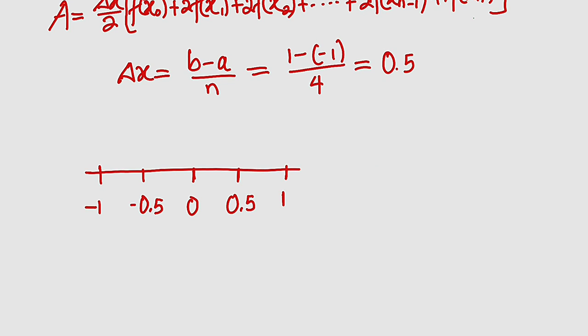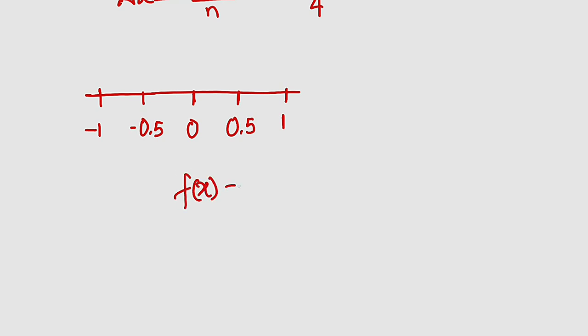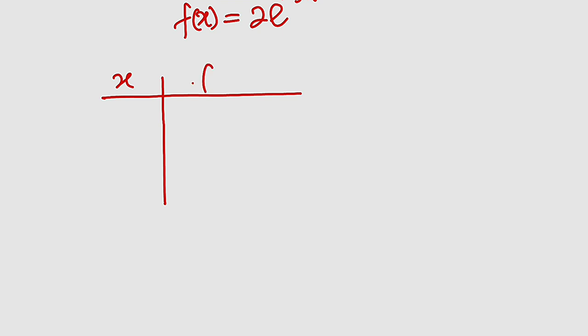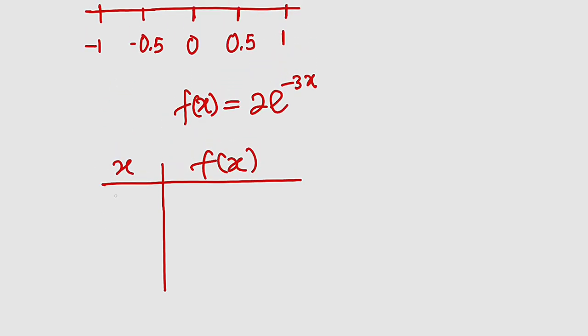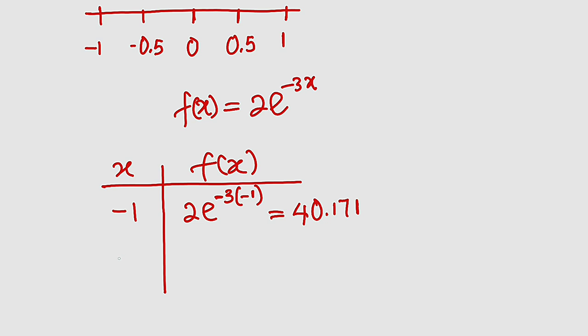Next, I would like to compute for f of x. Remember that our f of x is equal to 2 multiplied by e to the negative 3x. We have x here, we have f of x right here. So when x is negative 1, what happened? We have 2e to the negative 3 times negative 1, right? So let me use my calculator to simplify everything. And this will give us 40.171 in 3 decimal places. Then we have to take when x is negative 0.5. This will give us 2e to the negative 3 times negative 0.5. And this is equal to